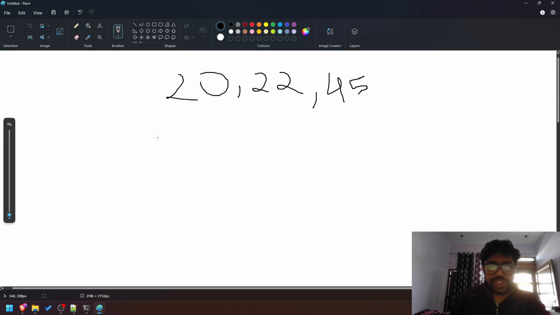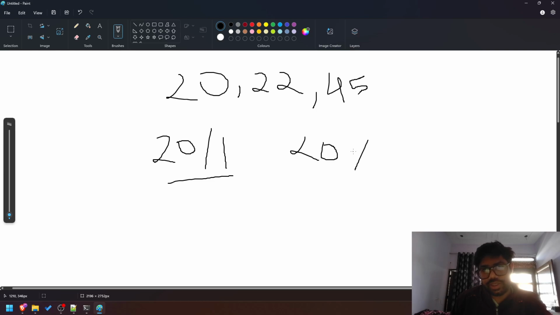So what I will do is divide it by 10. Well, will I divide it by 10? I won't divide it by 10. I will simply divide it by, say, 1 for the unit digit. So 20 divided by 1 gives 20,